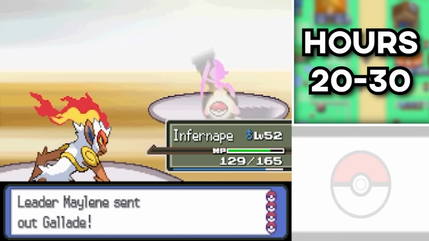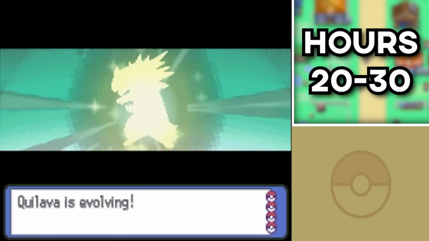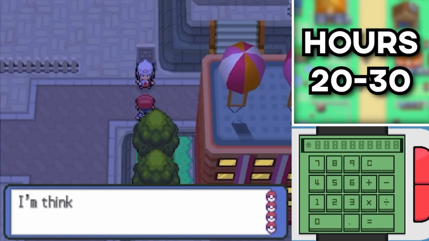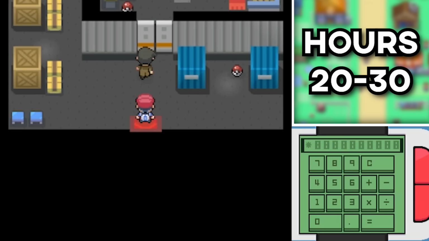We showed Maylene what it's really like being a top tier fighting type Pokemon, and in the end my Quilava was so stoked that it evolved into a Typhlosion. 4 gym badges on our side, so let's save Dawn from some more Team Galactic grunts, as they stole her Pokedex. With these good deeds out of the way, Looker shows us around the warehouse and gives us the HM